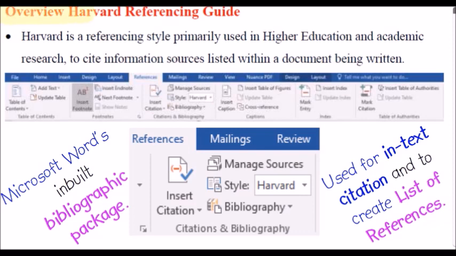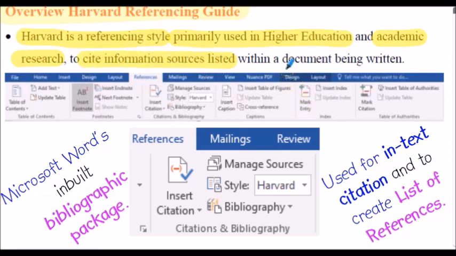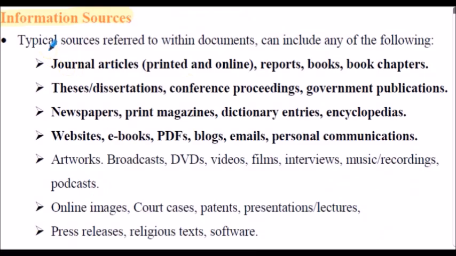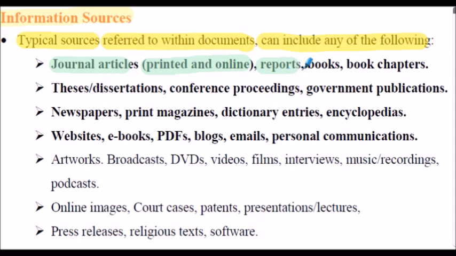Let's overview Harvard referencing. So Harvard is a referencing style primarily used in higher education and academic research to cite information sources listed within a document being written. So typical sources of information often referred to within documents that we're going to produce can include any of the following. So journal articles, usually peer-reviewed journal articles, and these can be printed or online, reports, books, book chapters, theses